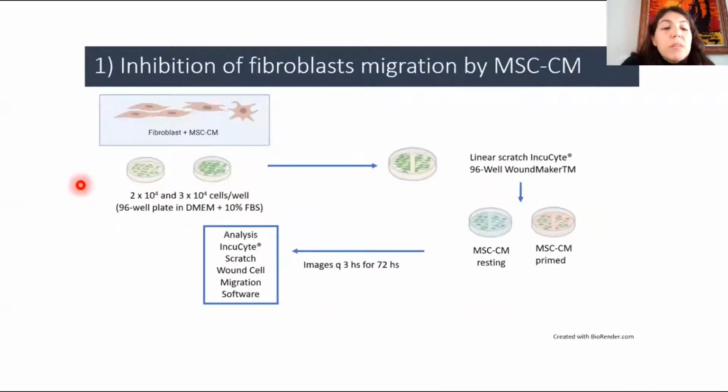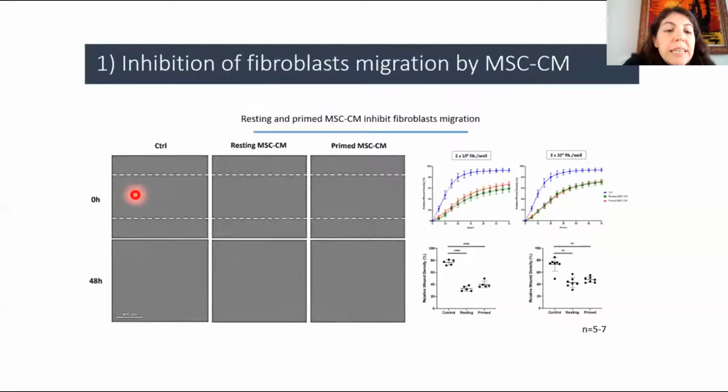Here we establish in vitro two different densities of fibroblasts, and we did a linear scratch. Afterwards, this was treated with conditioned media from resting and primed MSCs, and images were taken every 3 hours for 72 hours. The cell density was analyzed by a scratch-wound cell migration software. And as we can see here, this is an example of the images obtained at the initial time point and after 48 hours. And there is a decrease in cellular density in the fibroblasts which were treated with conditioned media